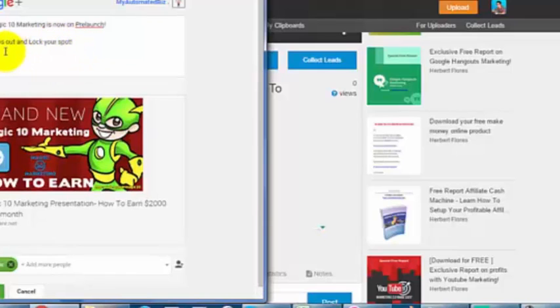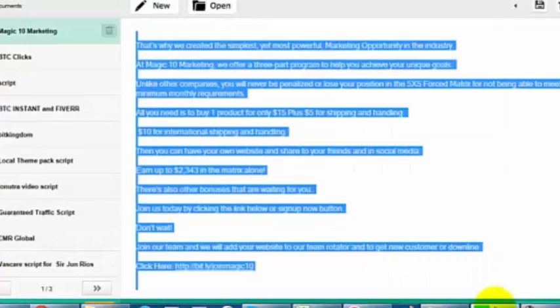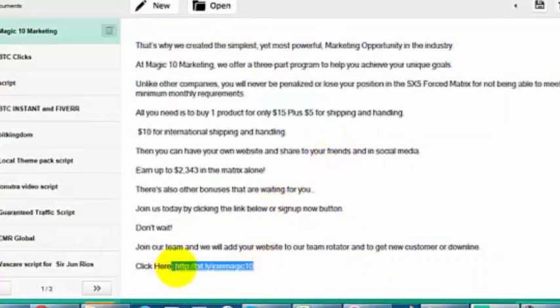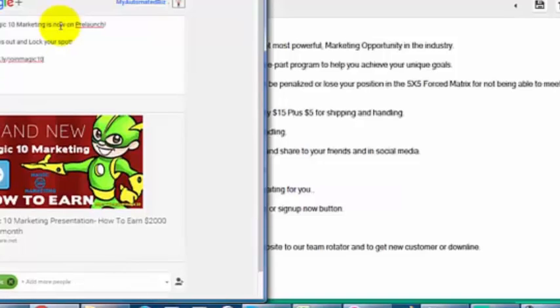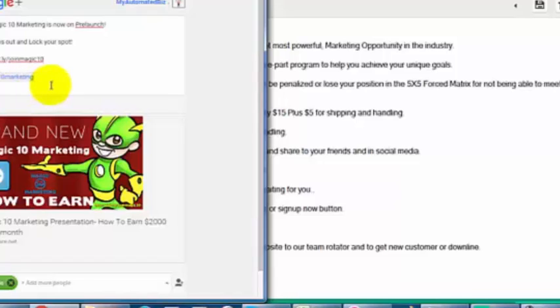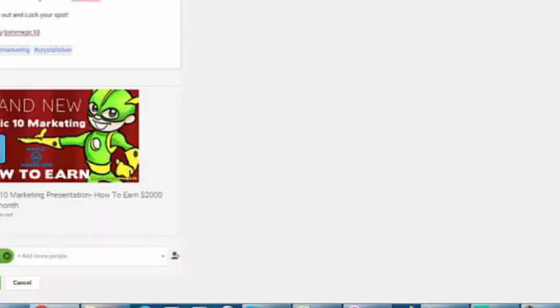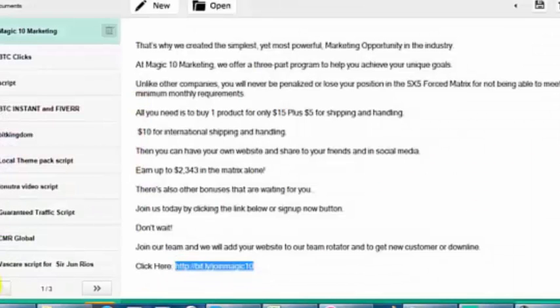After that, you can also link your website. You can add your referral link, and you can also add some hashtags. Then click on share.